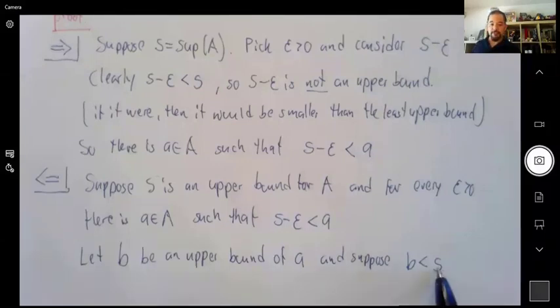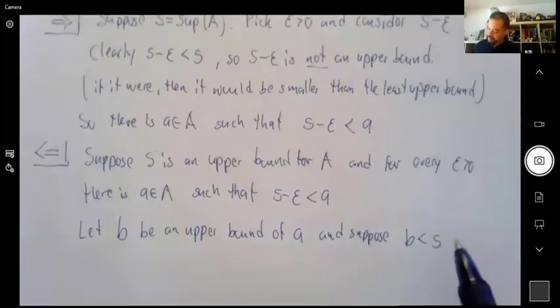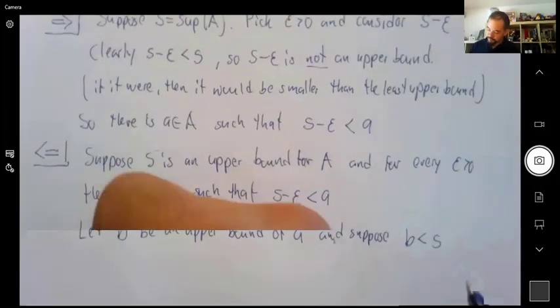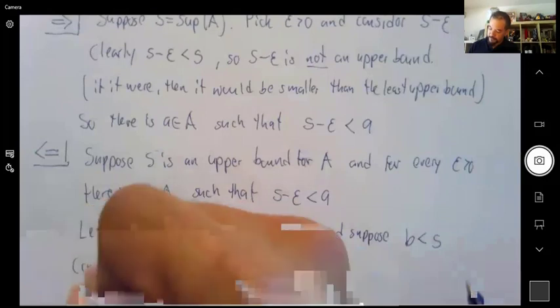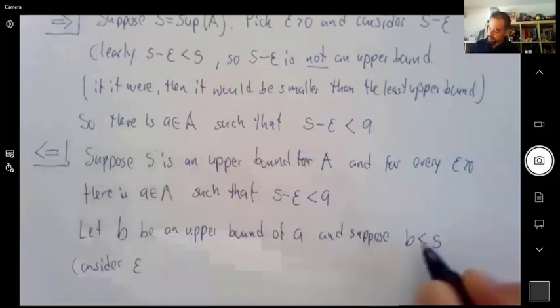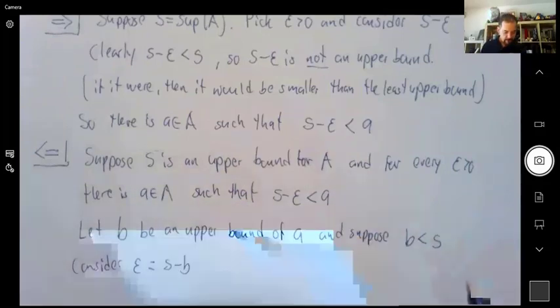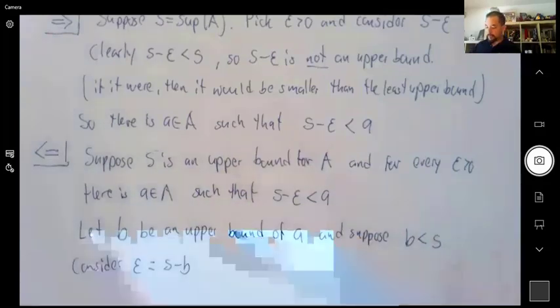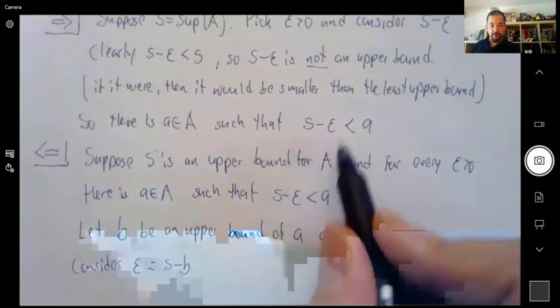So if it's not the least of the upper bounds, that would mean there is some upper bound that is even smaller than him. Well, if that happens, let's now consider as epsilon this distance, the distance from B to S. So S minus B. And if we do that, then by this property, over here,